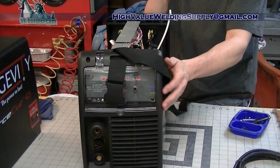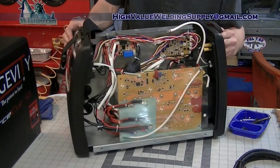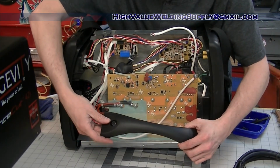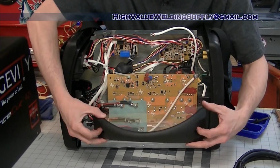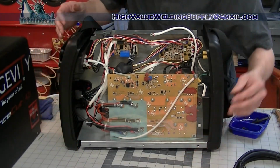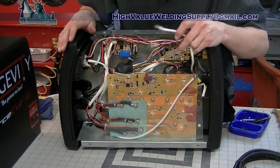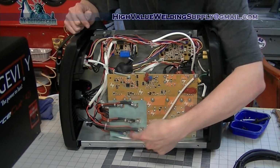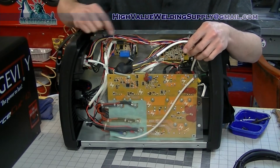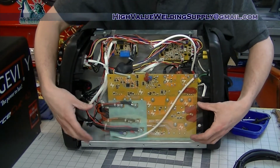So now we will spin the unit here. Something that's really telling is the size of hardware that the handle uses. That's a beefy handle. Really good setup. This is a chassis ground here. It attaches to the top of the case, and it runs grounds in a few different places across the board. You have got a noise filter here,